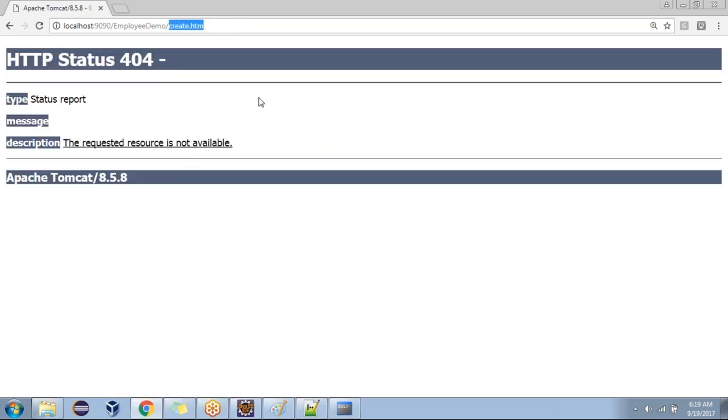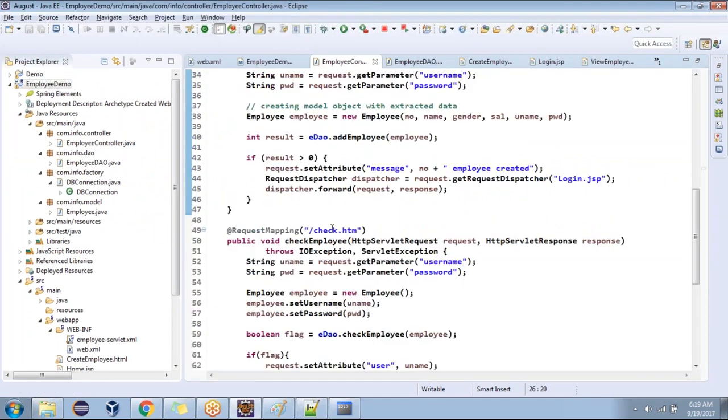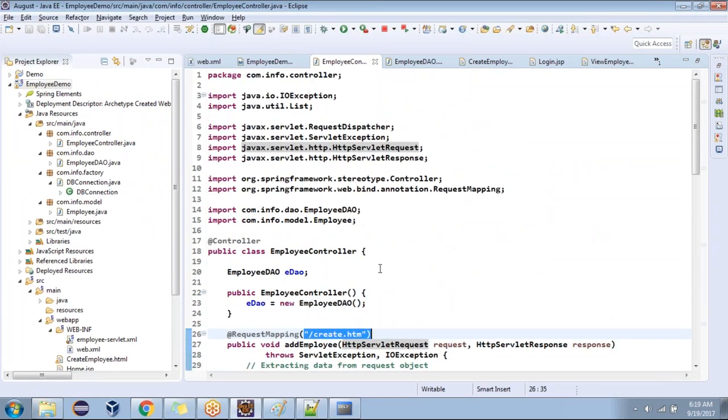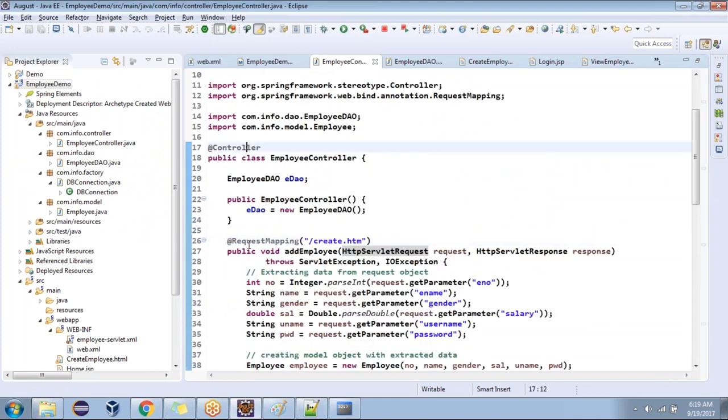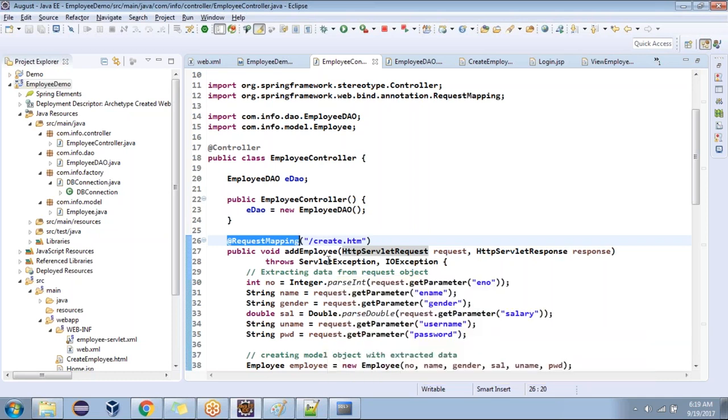It is saying the create HTML is not found. Got it? But we have placed the create HTML in the employee controller, right? But look, we are using annotations. And I told you, in Spring by default annotations are in disabled mode. Yes or no? Yes, sir. So what do we have to do now? We have to make them enabled by going to